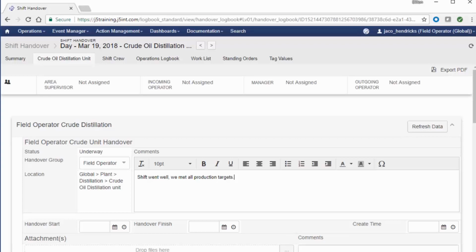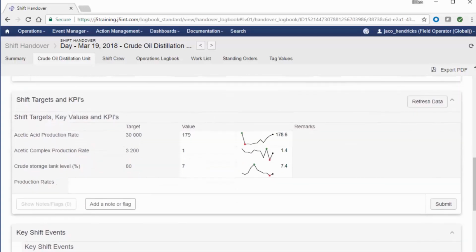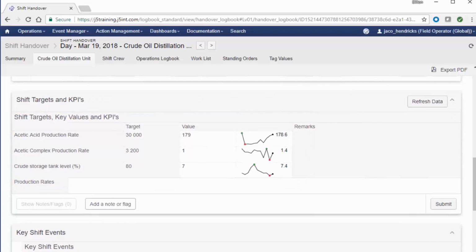It's great that my user can enter information, but a key want to this system is we want to ensure accuracy and completeness of the data. I also mentioned that we want to make this easy for our operators. Take a look at what I see if I scroll down on this page. This information wasn't entered by the operator. Instead, J5's shift handover module read the data out of my plant historian. Now, my handoff report includes actual values that I need, and it's accurate because I'm not worried about the user